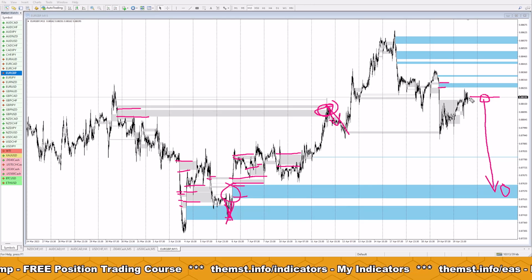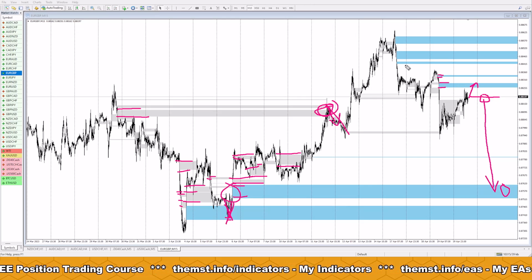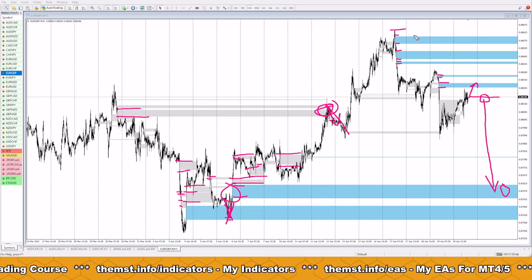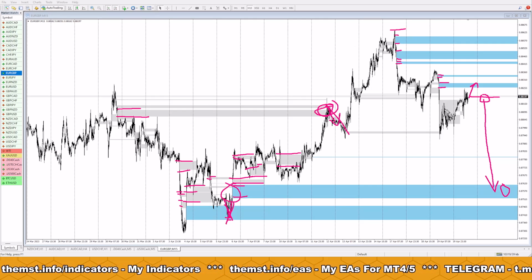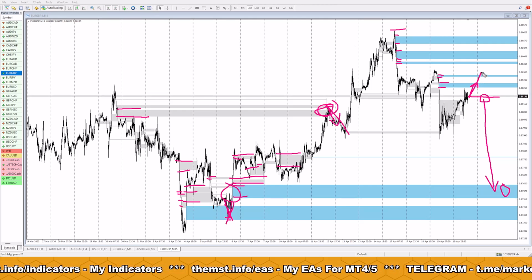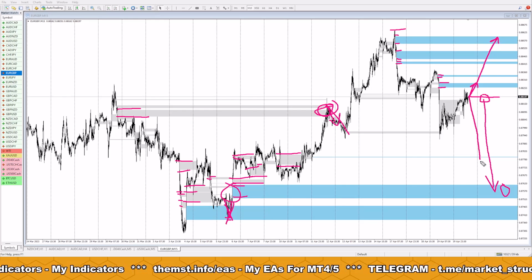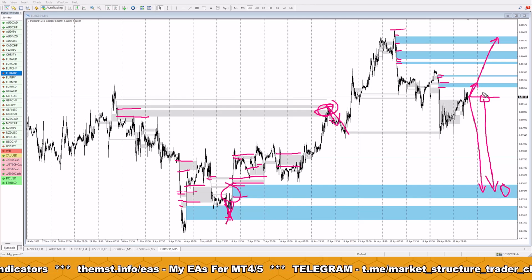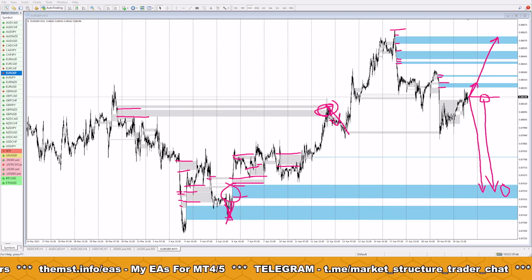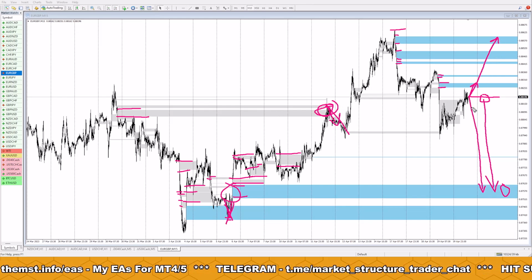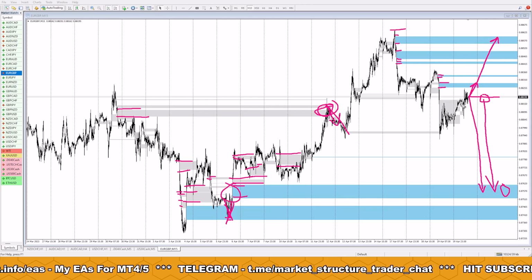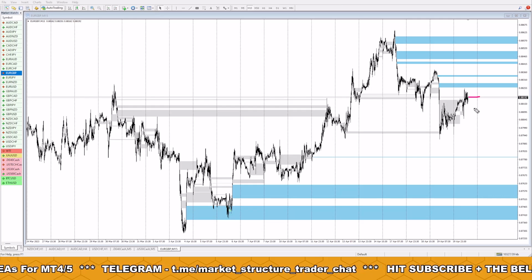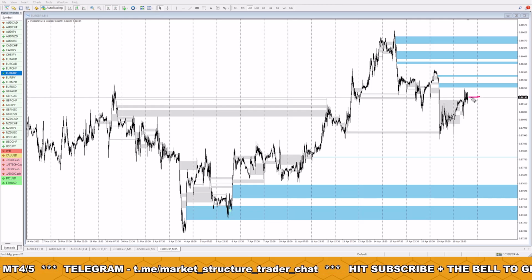I've got this one, which is really close for a quick scalp. I've got another one here, and then I've got three more up at the highs towards the high of last week or the high of this week, depending which day this is. So if you're going to go long, you can target that area there. If you're going to go short, you can target that area there. Obviously, we never know which way price is going to go, but we do know that price will come and complete these as it always does. So it gives us a really good idea of how far price is likely to travel in each direction, giving us an easy way to set our stop losses and our take profits in the market